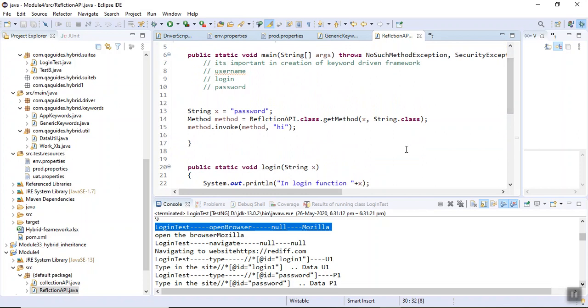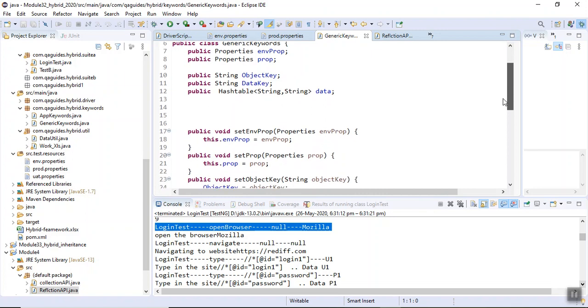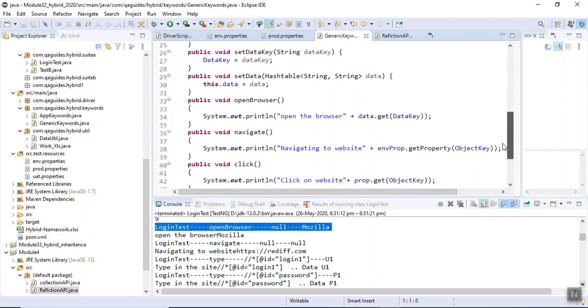So there is a generic keyword class. See, we have a generic keyword class which has the function names like open browser, navigate, click.